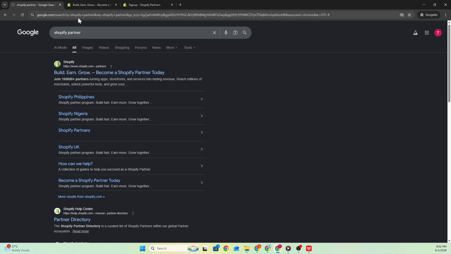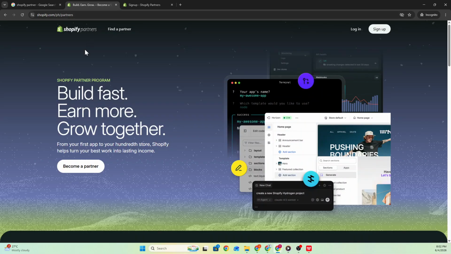Once you're on the Shopify Partners page, find the option labeled Become a Partner. Click on it to move to the next stage of the setup process. After selecting Become a Partner, you'll be presented with options for accessing the platform. If you already have a Shopify account, you can log in using your existing account credentials. If you don't have an account yet, choose the option to create a new account and complete the required setup